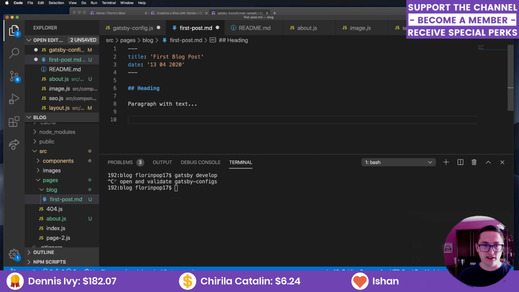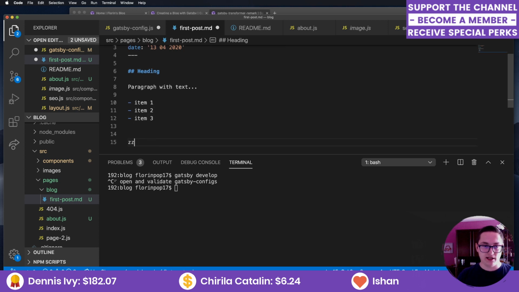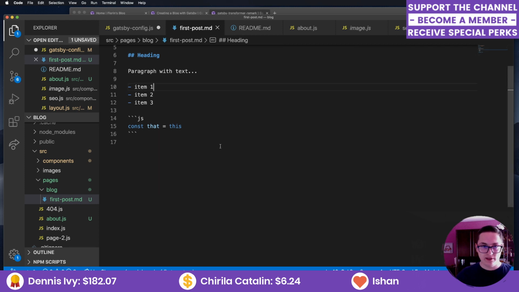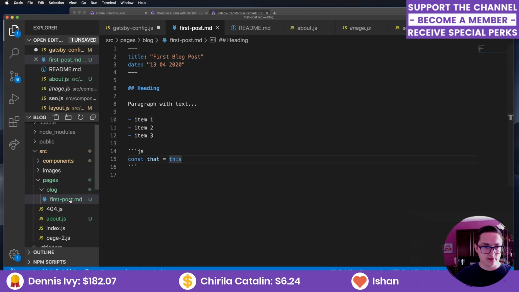We can have lists, item 1, item 2, item 3, and we can even have a block of code, JavaScript, const, that is this. All right, now we save this, but we need a way to now get this data out of the markdown